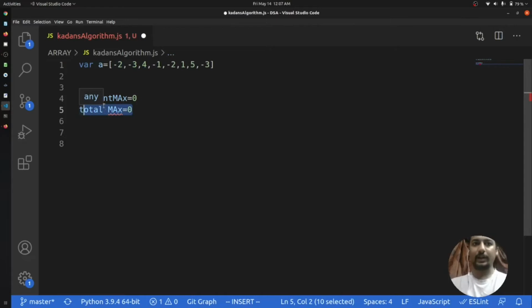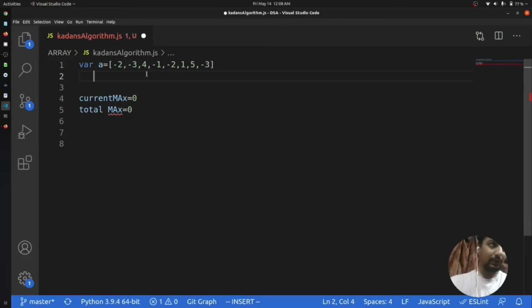If my current max is greater than total max... current max will be -1. So -1 is not greater than total max, so we will not do anything. At the same point we will also check if my current max is less than 0. Then we will assign current max as 0 again, and we will move forward.